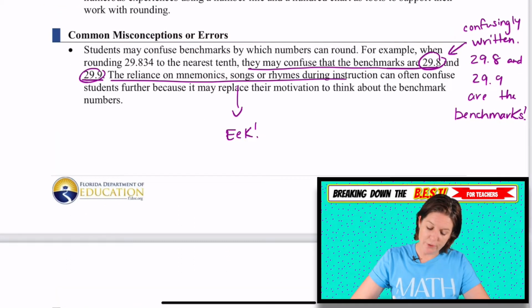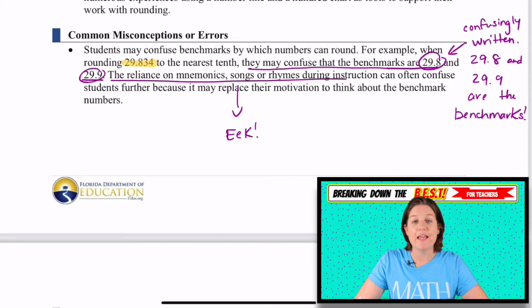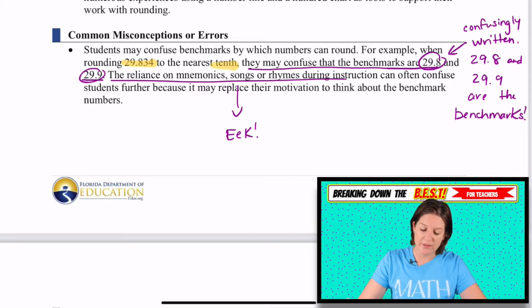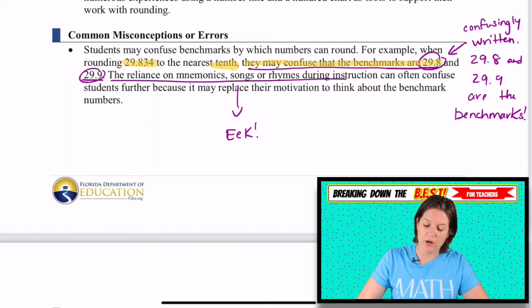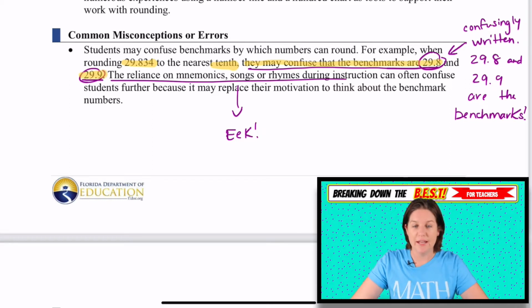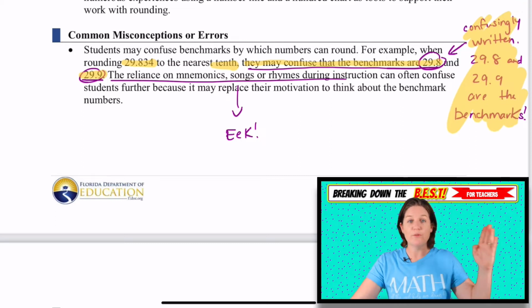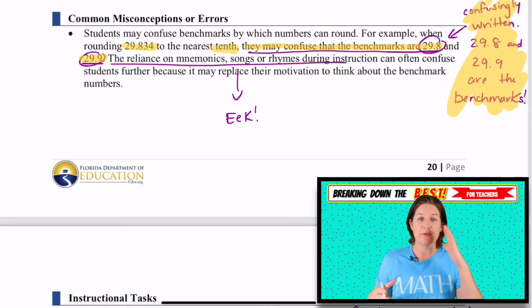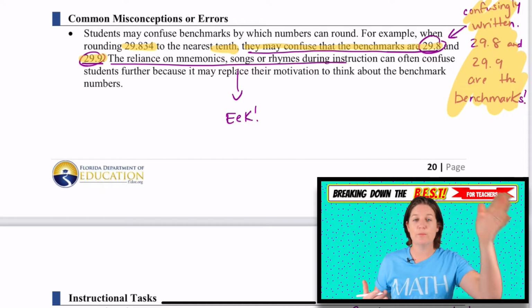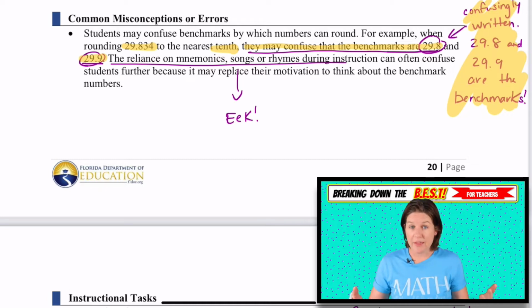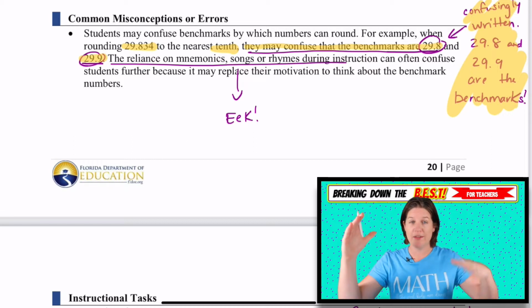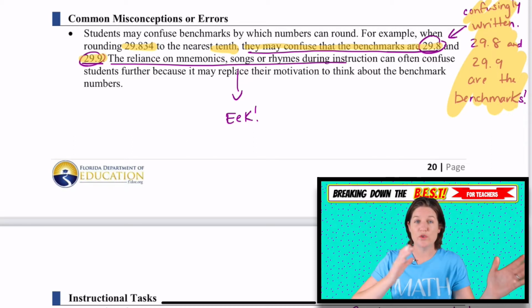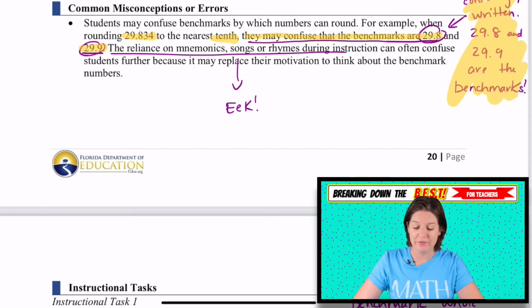Down here, it says, for example, when rounding 29 and 834 thousandths to the nearest tenth, they may confuse that the benchmarks are this and that. 29 and 8/10 and 29 and 9/10. I thought this was written kind of confusing because those are the benchmarks there, and benchmarks are just saying what comes before and what comes after whatever number that you're trying to round. So the benchmarks are the numbers that come before, so whatever place you're rounding to, the benchmark would be for instance, if you're rounding to the nearest tenth, the benchmark would be the 10th before and the 10th after that number, and then determining which one it is closer to, which we do a ton of in Taking on the